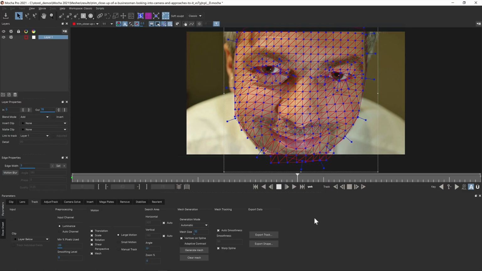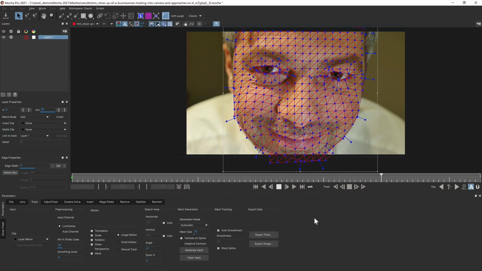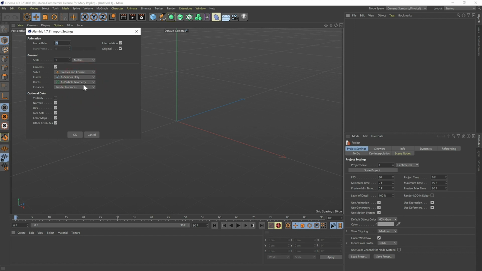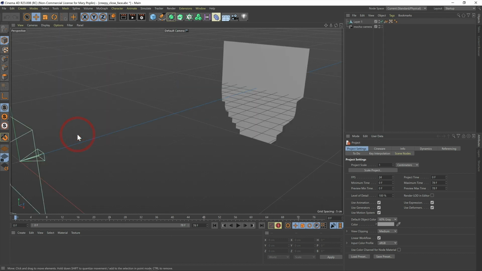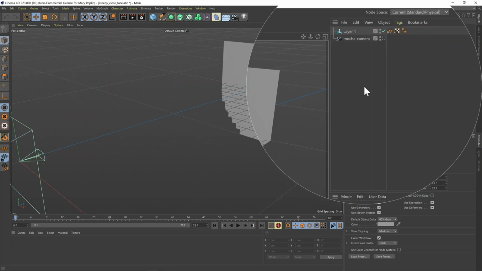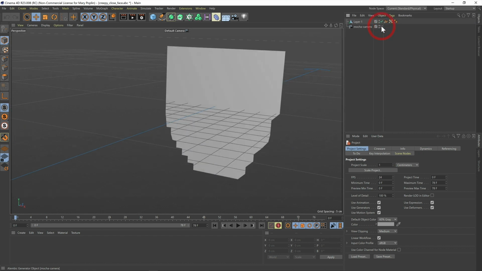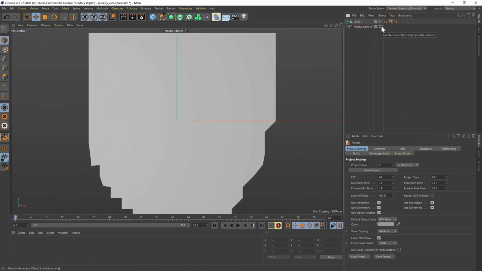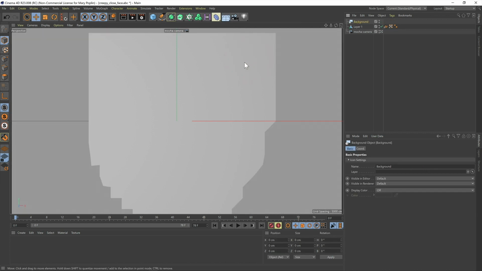For 3D packages, Alembic is either opened or merged into your projects. For example, you can open an Alembic file as a direct project in Cinema 4D. This brings in the animated mesh data and the static camera. You can then click the view icon in the camera layer to preview the mesh through the camera. If you want to make sure the mesh is lining up to your original shot, you can create a new background object to show the source footage.